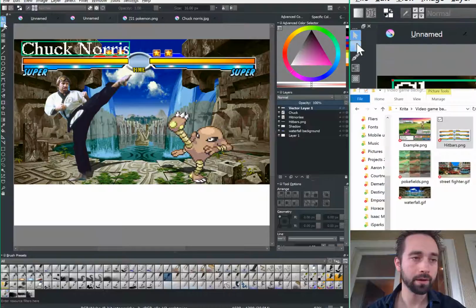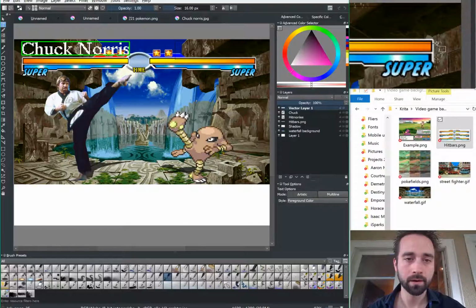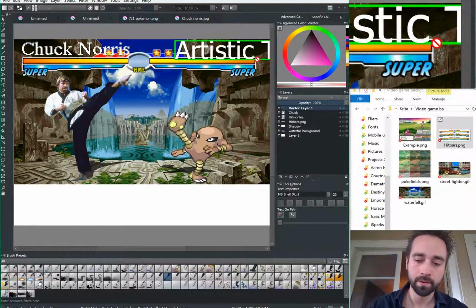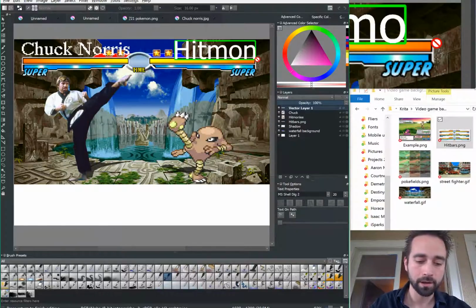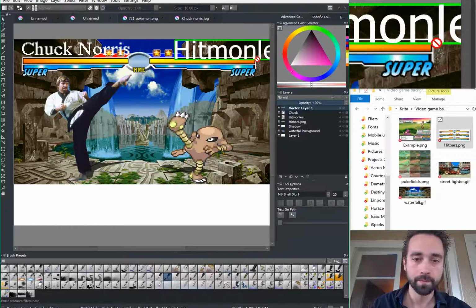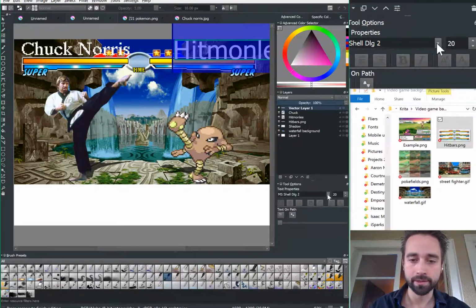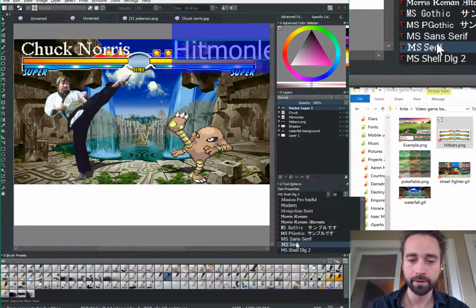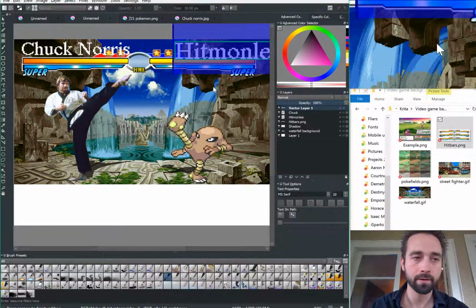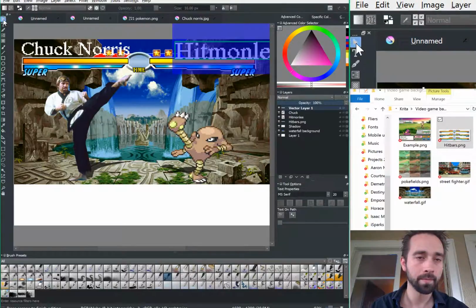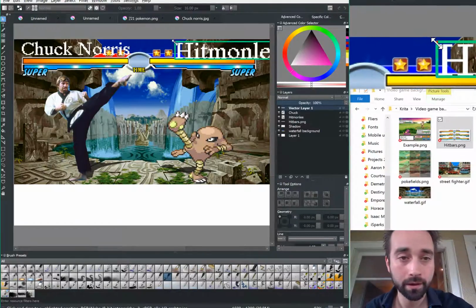Now we're going to do the same thing on the other side. Backspace, Hitmonlee. Hold down Shift, and let's find that same font, MS Serif. Good. Now if this is too big, and both of these are too big, I'm just going to go to the corner